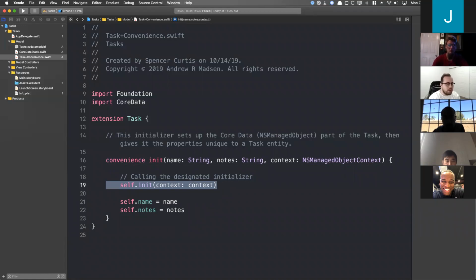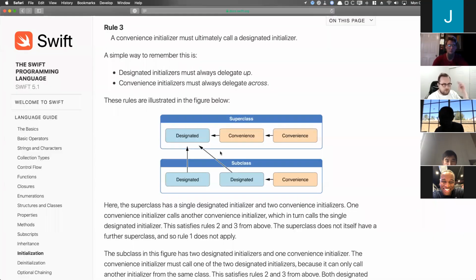Now, what can get a little bit confusing, and I don't want to confuse you too much, is that a convenience initializer can call another convenience initializer as long as one of those convenience initializers somewhere down that chain ends up calling the designated initializer. No matter what, the designated initializer has to get called sometime. So whether it's directly through a convenience initializer, or through a convenience initializer that calls another convenience initializer, it doesn't matter as long as that base functionality is set up,